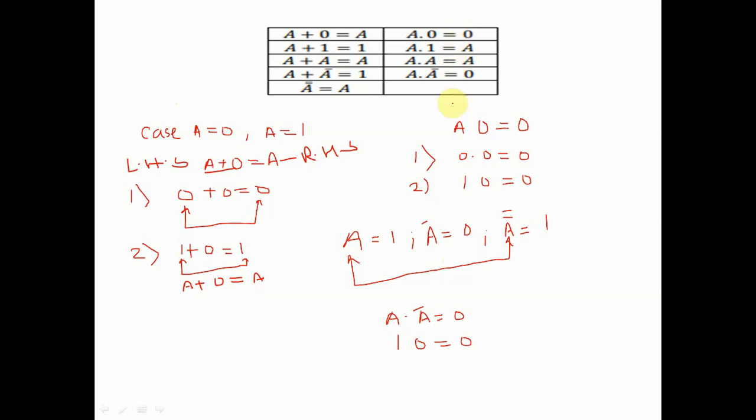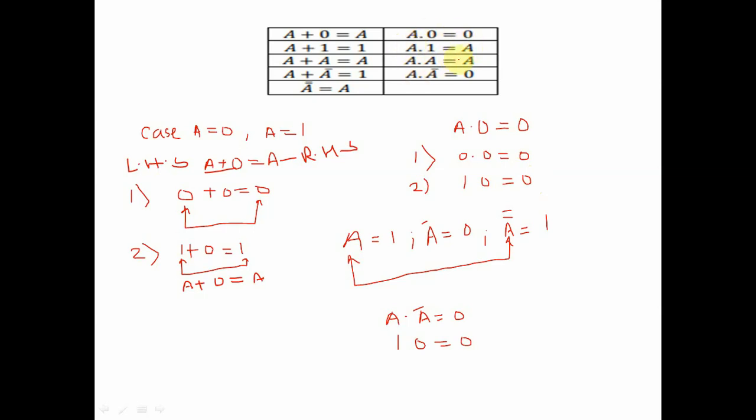Similarly, these are some ANDing laws. In ANDing laws, we take A is equal to 0 or A is equal to 1. The first ANDing law is A dot 0 is equal to 0. If we put 0 dot 0, 0 multiplied with 0, the answer is 0, or 1 multiplied with 0, the answer is also 0. If we put A dot 1 is equal to A, if we put A is equal to 1, then 1 dot 1 is equal to 1, or we put 0, then 0 dot 1 is equal to 0. Whichever value we take for A, the answer is similar to this A.